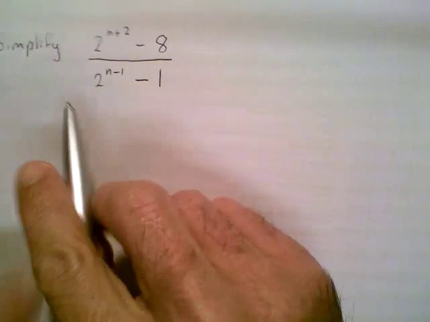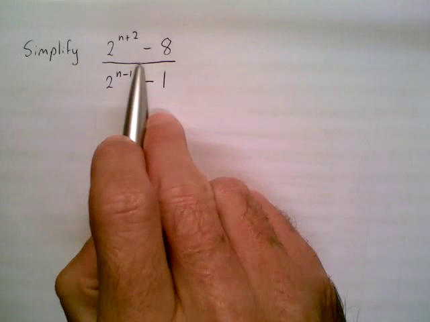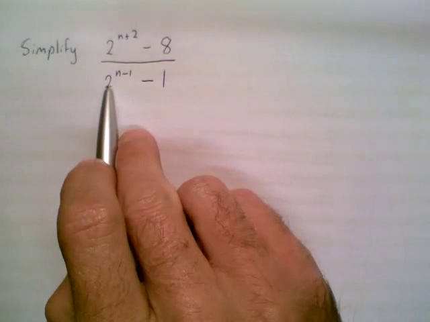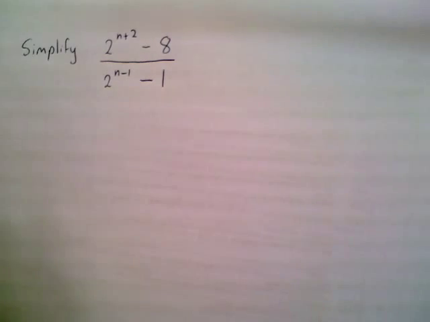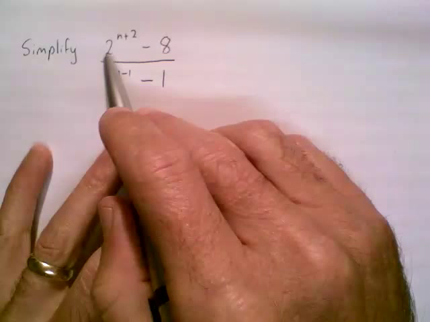Let's have a look at simplifying this index expression. A little bit of a harder one. So we've got 2 to the n plus 2, take away 8, all over 2 to the n take 1, take 1. So simplifying this, what we might consider first of all is looking at our 2 to the n